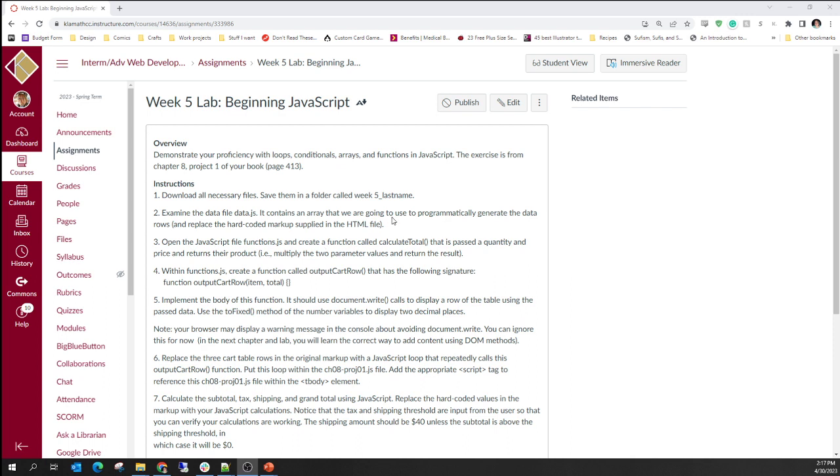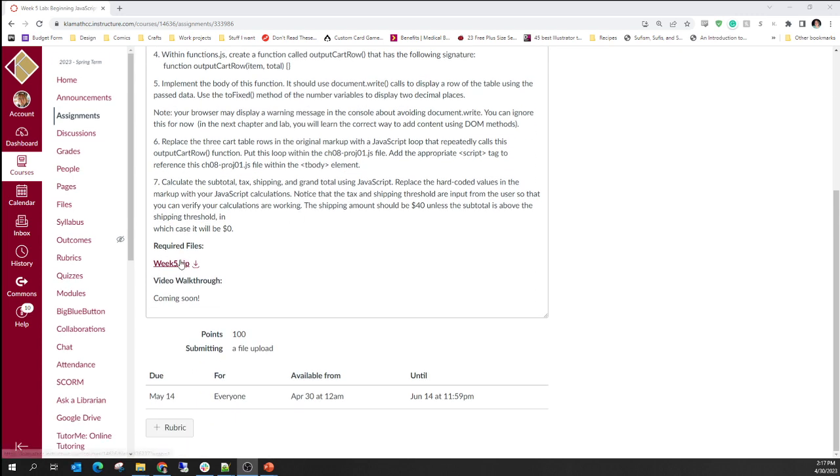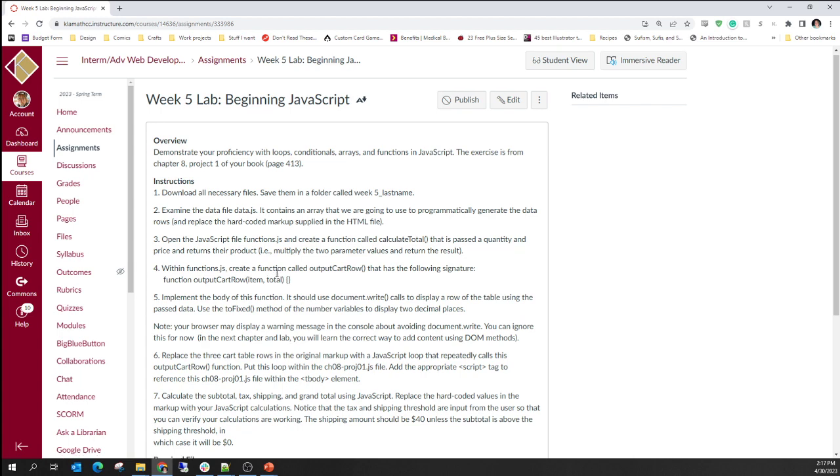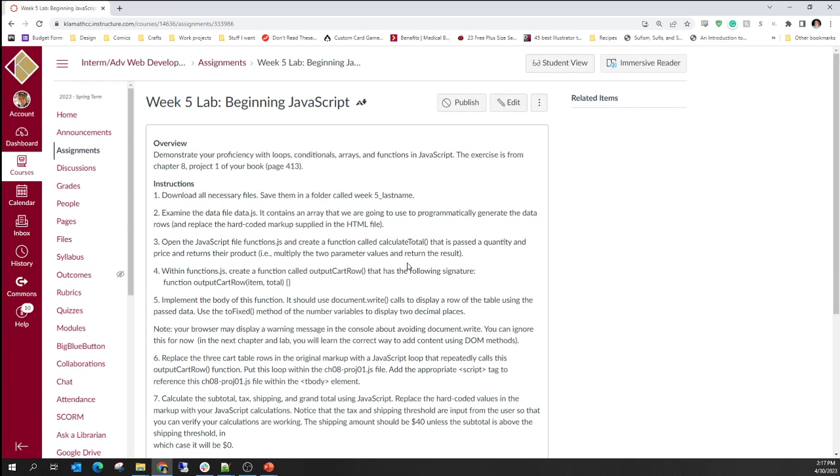Alright. So, step 1, download all necessary files. Save them in a folder called Week 5 Last Name. Ultimately, when you see this, it's going to look a little different. 1, because I'm looking at the teacher view. 2, because this will be filled out. And 3, because it'll be published. But it's downloading my files, so